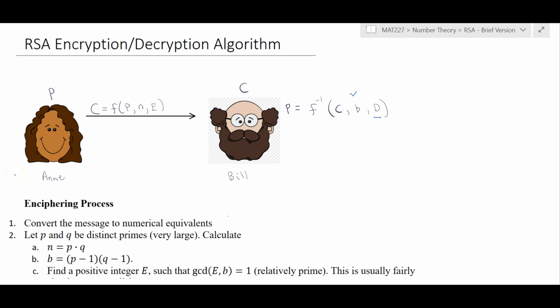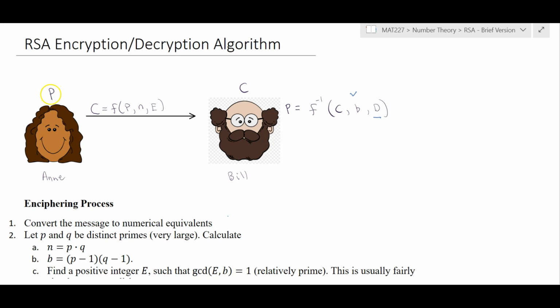So it's valid to wonder, how does all this number theory get applied? Well, at least in the scope of cryptography, the RSA encryption-decryption algorithm. RSA stands for the names of the three credited with this algorithm: Rivest, Shamir, and Adelman. And if we recall, the idea here is that Anne has some message that